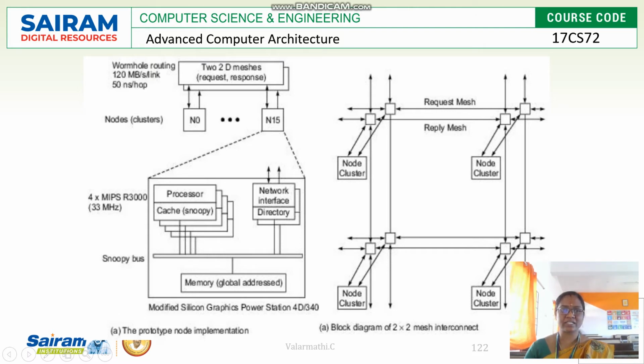This is the architecture we followed in Stanford, and this diagram shows the detailed explanation of the left side diagram. It has a 2x2 mesh interconnect, so 2x2 switches are connected here, and each node has a cluster assembly. The nodes arranged in this model are clustered together. For each switch there is one input and output, and the inputs and outputs are connected in four directions because it is a 2x2. So there are four possible ways of making connections between the nodes.